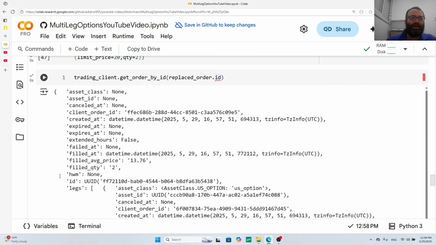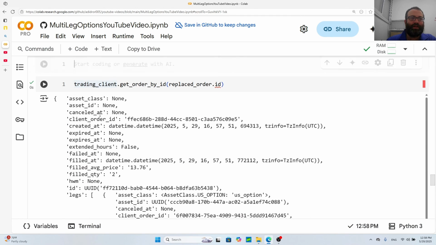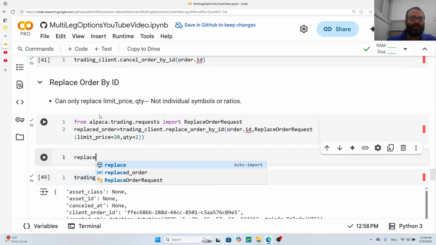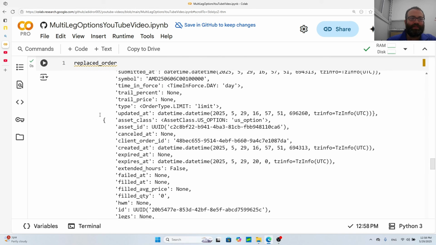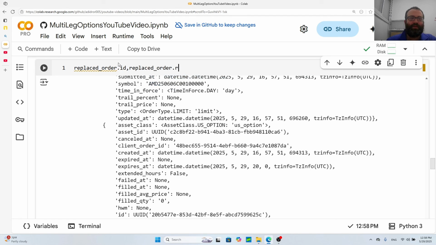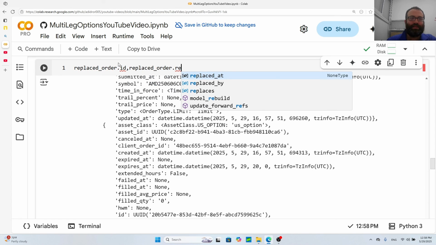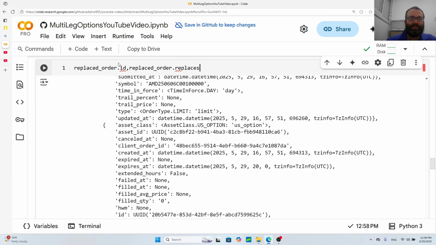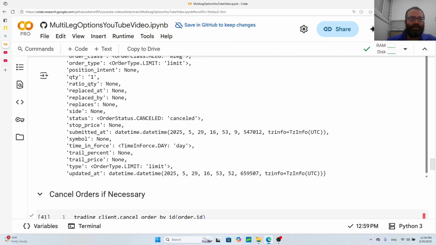And just a reminder, it's not part of this video, but of course, if you go to the replaced order and you look at it, you see this has an ID, and it also has a replaces field. So as you see,